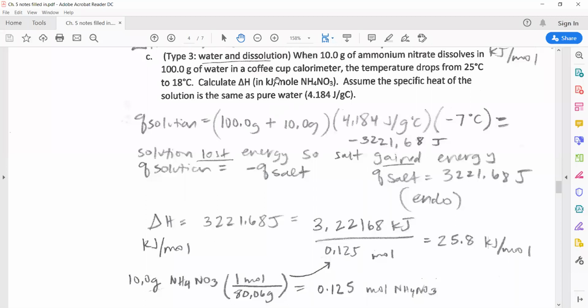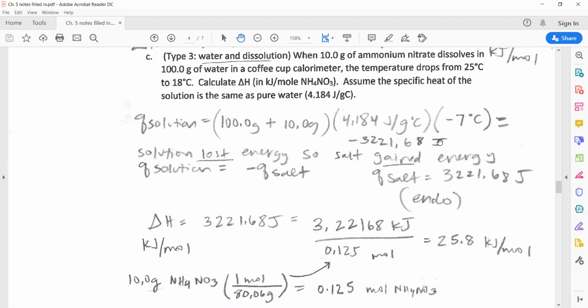Now our job is to figure out how much energy was transferred. Again, we're assuming the specific heat of the solution is the same as water, so we focus on Q of solution here. Whenever we're working with water and a salt, we take the combined mass, so 100 grams of water plus 10 grams of ammonium nitrate, and make that our total solution mass. It was told to us that the solution has the same specific heat as water, and the solution's temperature change is -7 degrees because it went down by 7 degrees. So our Q here turns out to be